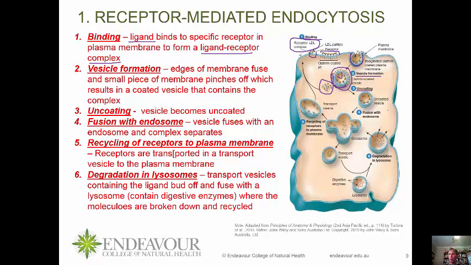In number 4, that vesicle then fuses with a structure called an endosome. And what happens in that endosome is, you can see here, it separates. So the actual ligand, which is here, the LDL, separates from the receptor. Okay? So that's what's happening in number 4, and it happens within the endosome because that vesicle has fused with